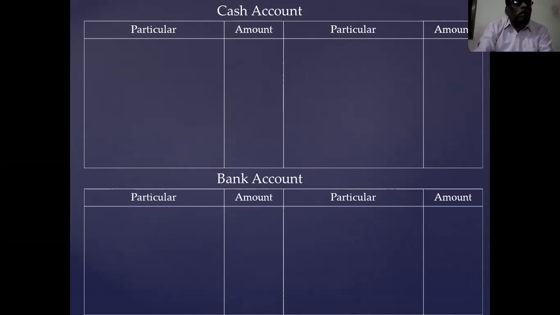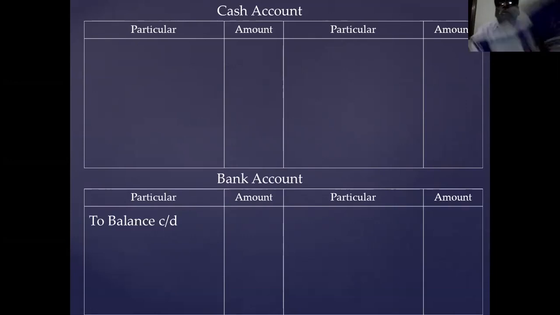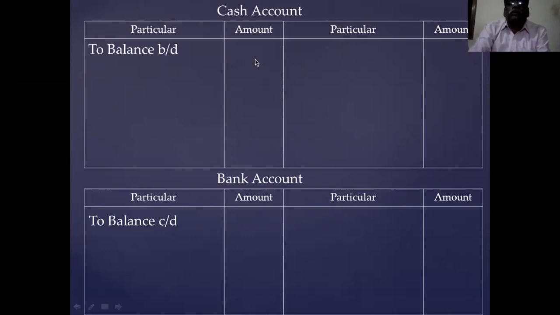Okay. Regarding the cash and bank, we have to enter the transactions. In the bank account, first I write 'To balance b/d', but the balance amount is not there. Here also 'To balance b/d'. The amount of 13,900 is the opening balance, but it is a total amount. How to split it, I don't know. Therefore, I write 'To balance b/d' in both, and then I'll enter the items one by one.